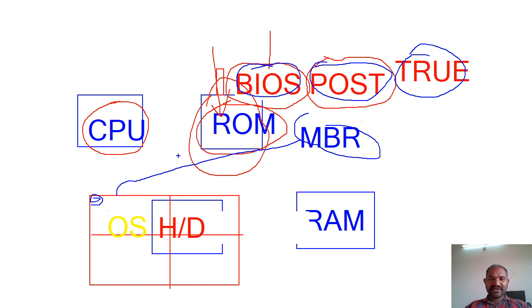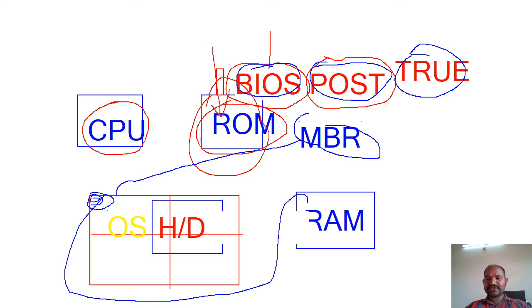Using a copy of the starting address of our operating system, the BIOS reads the information called the MBR, and this information read from the MBR is going to be stored inside the RAM. The master boot recorder is the one which shows the starting address of our operating system.